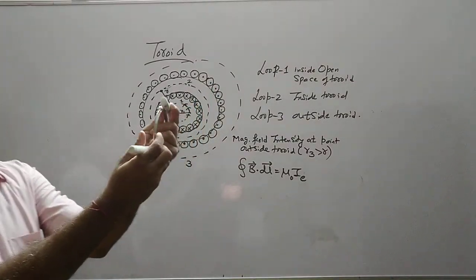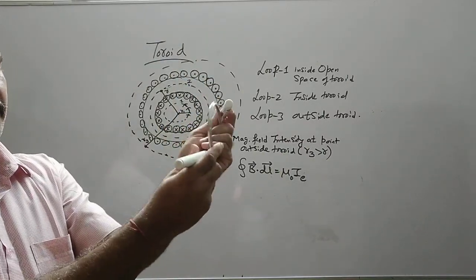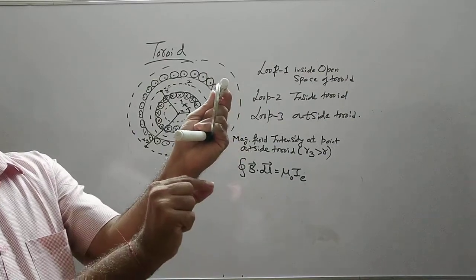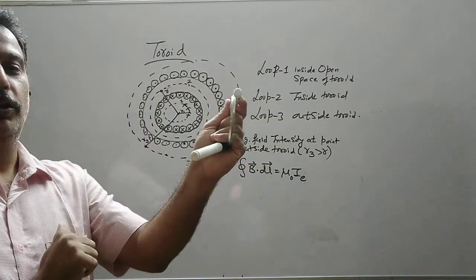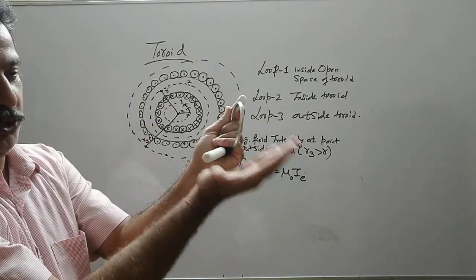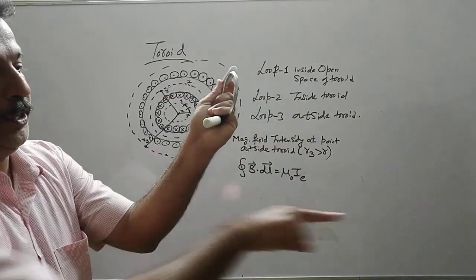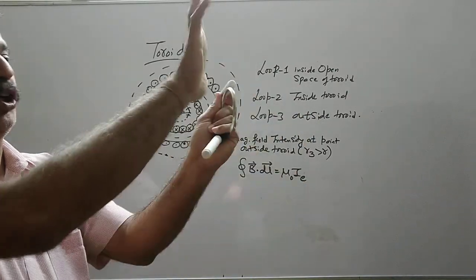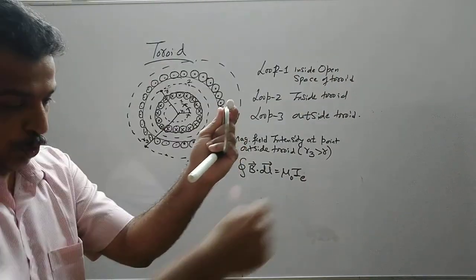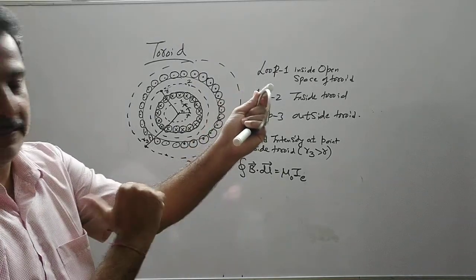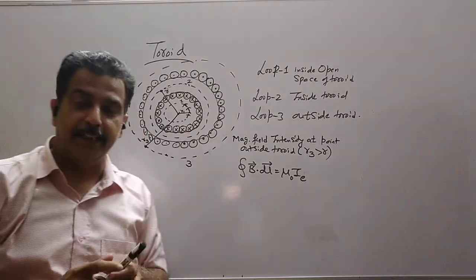Now how should the rule be applied? Here the current is going in, here the current is coming outward. My point is here. This is my Amperian loop. So the magnetic field due to this portion, with the point here, is on this side, tangent. For this, again stop at this point. It will come along the negative x-axis, and for the other it will go to positive x. The resultant should be 0 because the currents are identical.